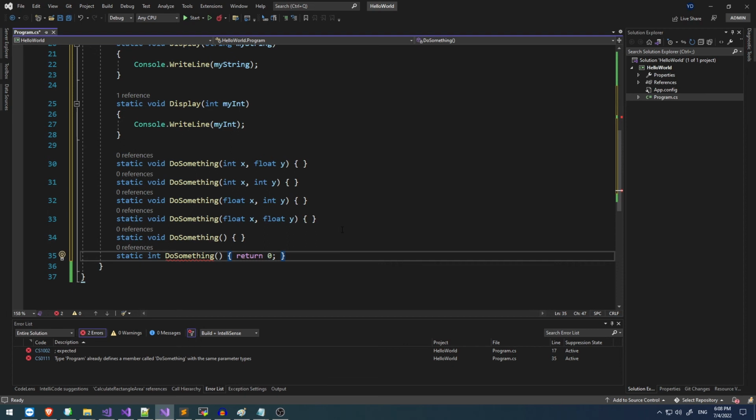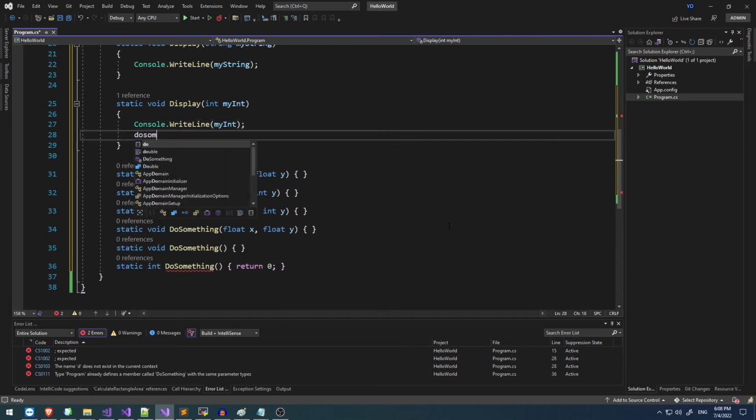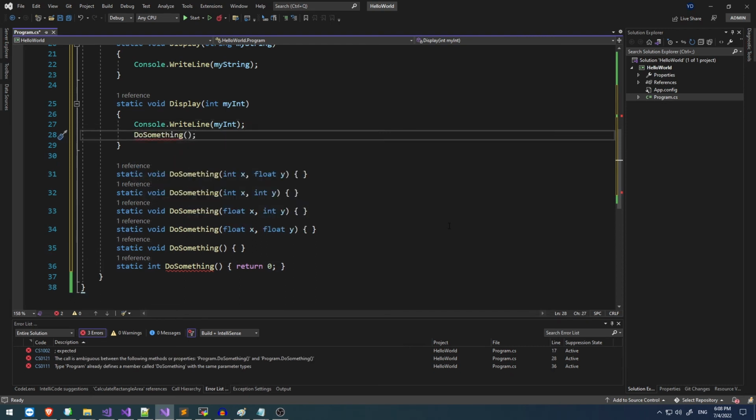This is because while their return type is different, void as opposed to int, this is still not enough to determine which of them we intend to call when we try to use them. This is also the reason why the error given by the compiler is that the call is ambiguous between the methods. Speaking of functions and their return type, I already said that they not only perform some computations, but they